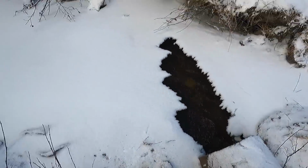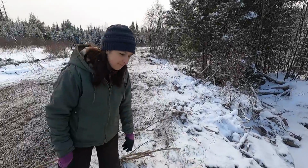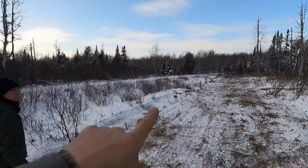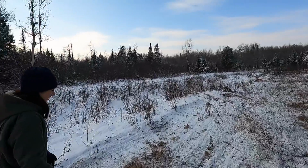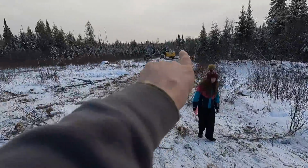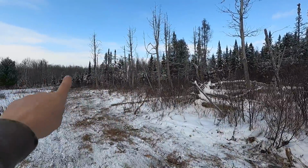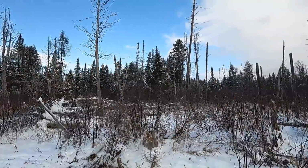Flowing good. So the trail we were working on last week connects over here to this trail. So that'll be nice, because that trail will be like 1.5 to 2 miles long up to here, and then we'll have this back over to this way, and then we can shoot up and get the trails up this way, and hopefully there's another trail that goes up, because half of our property is up